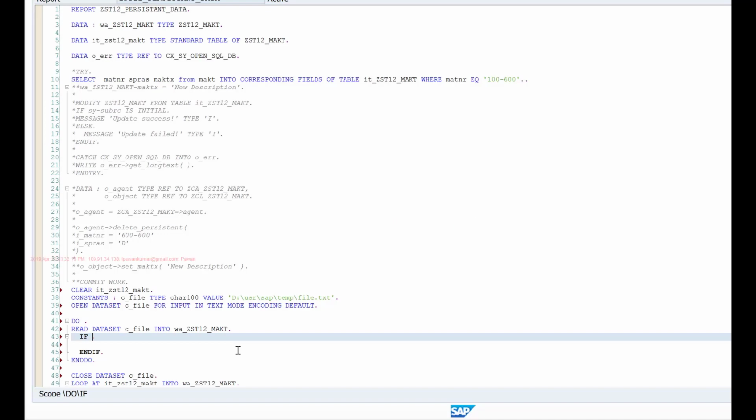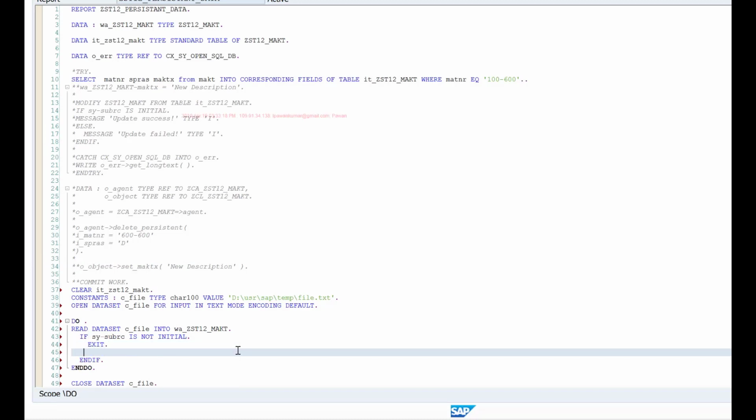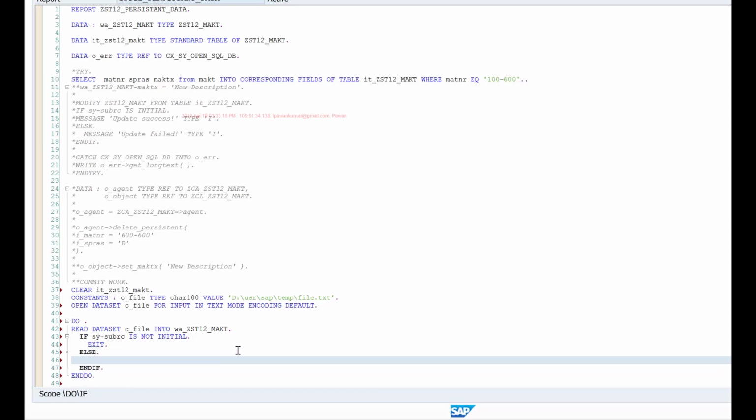So in that case, if sy-subrc is not initial, I'll exit the loop. Else, as long as sy-subrc is initial, I'll append my work area to my internal table.